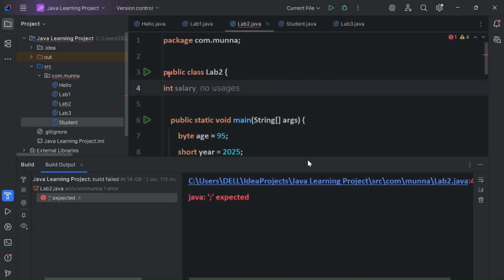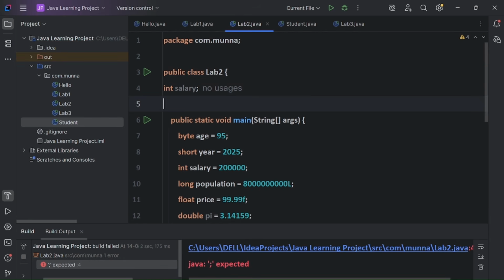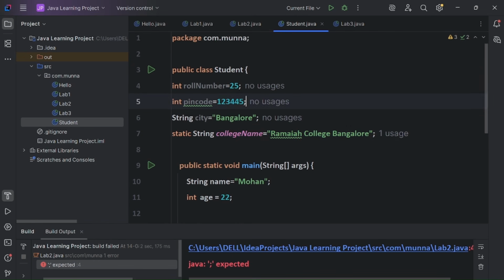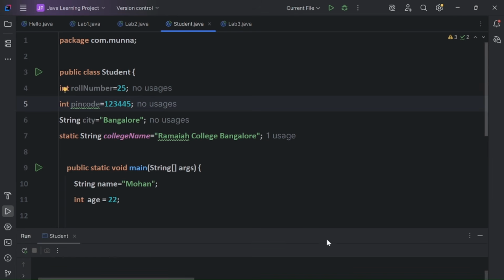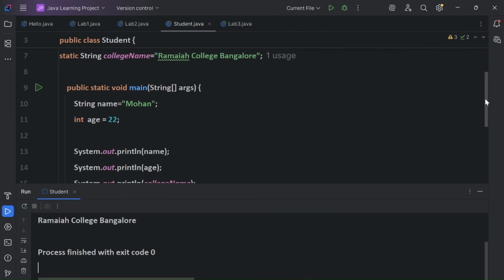So there is this error, guys. Okay, so after correcting that, I will show you by running this code, guys. See the output, guys.